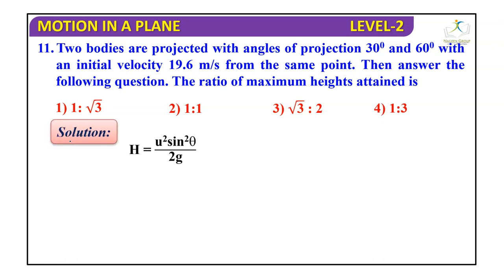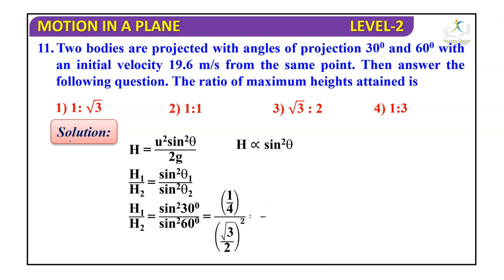Solution: we have H equals u squared sin squared theta by 2g. H is directly proportional to sin squared theta. So h1 by h2 is equal to sin squared theta 1 by sin squared theta 2. h1 by h2 is equal to sin squared 30 degrees by sin squared 60 degrees, which is equal to, we